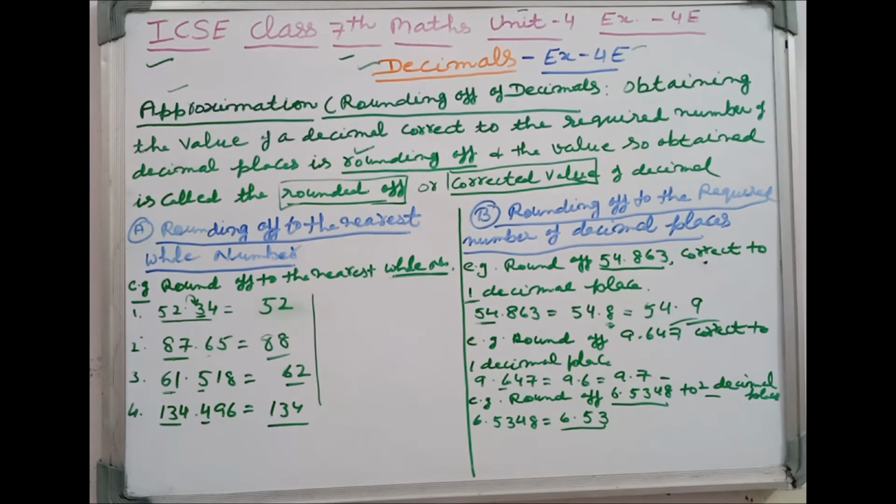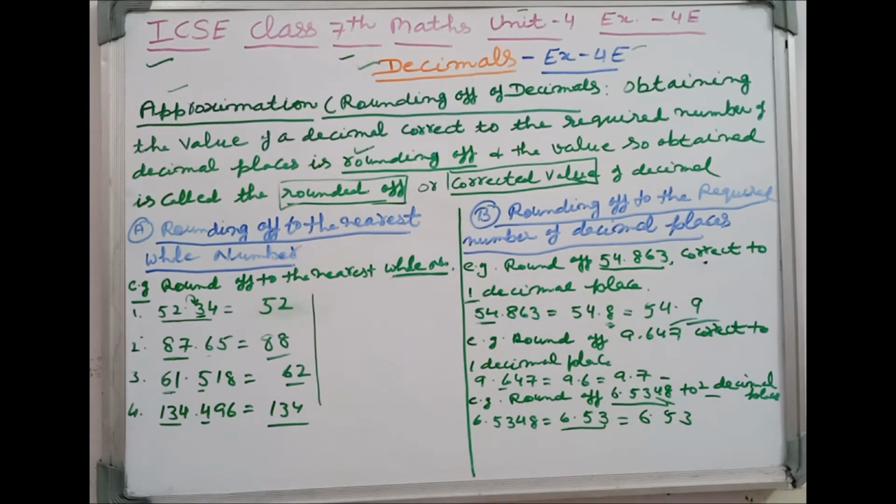And the third decimal place is what? The third decimal place is 4, right? And this 4 is less than 5, so our answer will be 6.53,